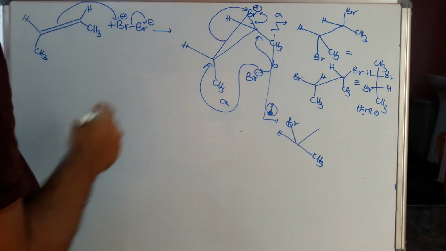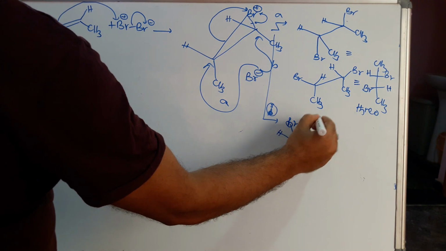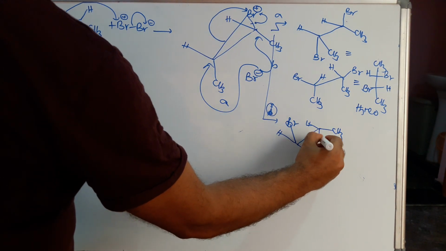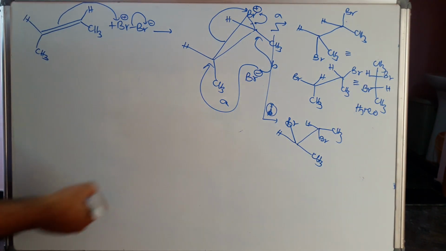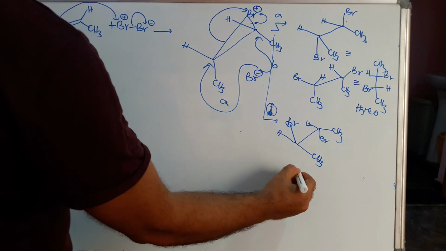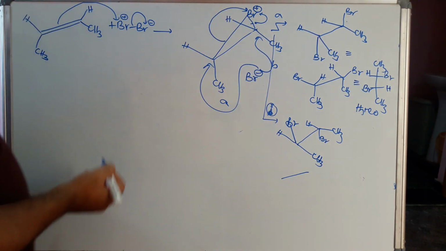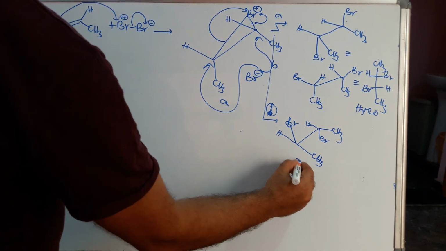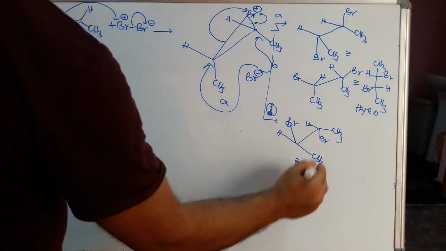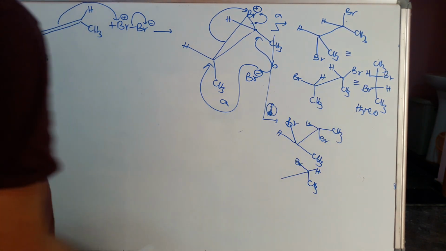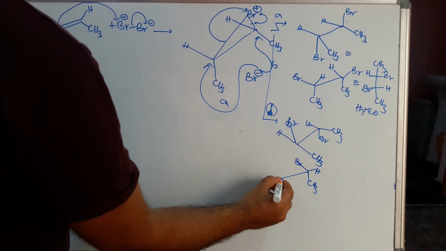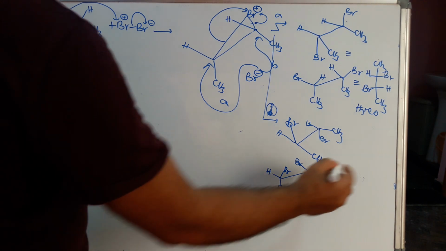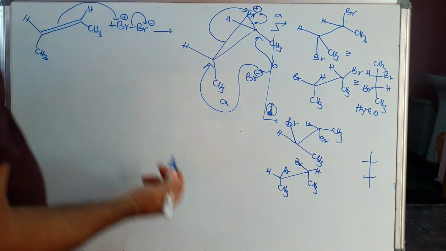Next, here will be the hydrogen, here will be the CH3, and down will be the Br. Similarly, we can convert this exactly into eclipsed form. Rotate this, then we will get here bromine, this will be the hydrogen, and this will be the CH3, this second carbon. This is also slightly rotated, then we will get here H, here bromine, and here will be the CH3. Then it is also converted into the Fischer projection.